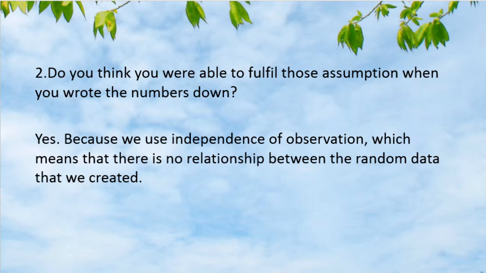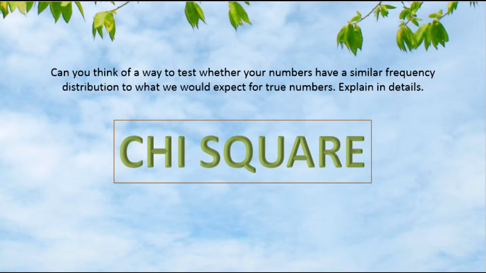For question number 2, do you think you are able to fulfill those assumptions when you wrote down the numbers? Yes, because we use independence of observation, which means that there is no relationship between the random data that we created. Question 3. Can you think of a way to test whether your numbers have a similar frequency distribution